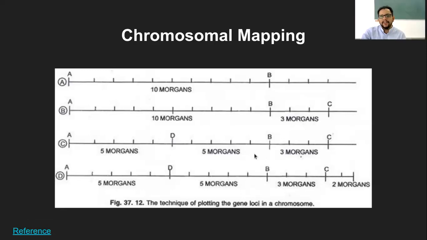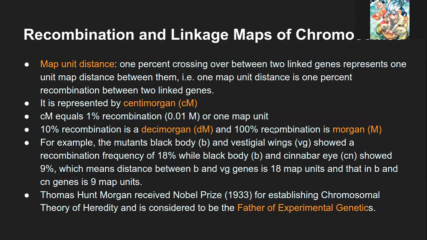How, where is it 100% recombination? Well, the distance is 5. It's written 5 Morgan, and at 1 Morgan it's 100%, so at 5 Morgan it should also be 100%. 100% recombination is Morgan. That means it's the total Morgan percentage. So that is 100 Morgan ultimately. 1% recombination will be 1 Morgan. 100% recombination will be 100 Morgan. So 1% recombination is 0.01 Morgan, right? Correct. So 100% recombination is 100 Morgan.